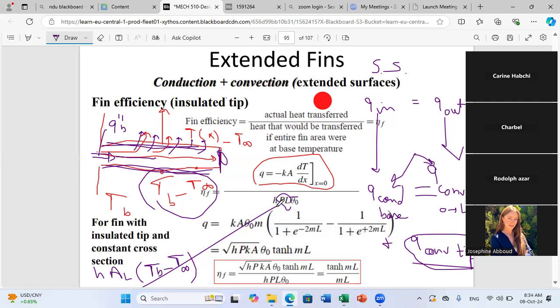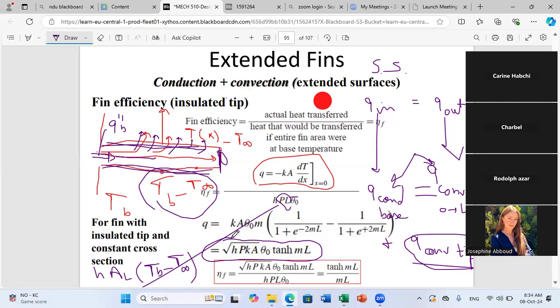And now if I replace dT/dx by its value at x equals 0, I get the following form that is given for you in the table. This will be given for you in the table, but you should understand the physics, how to find this. I can ask you in the exam to do an energy balance, for example. Sometimes you can find your values in a much easier way. Sometimes you don't need to integrate, you just have to apply an energy balance and deduce the heat